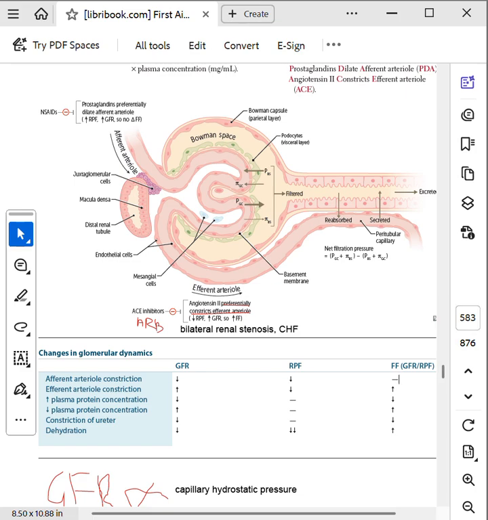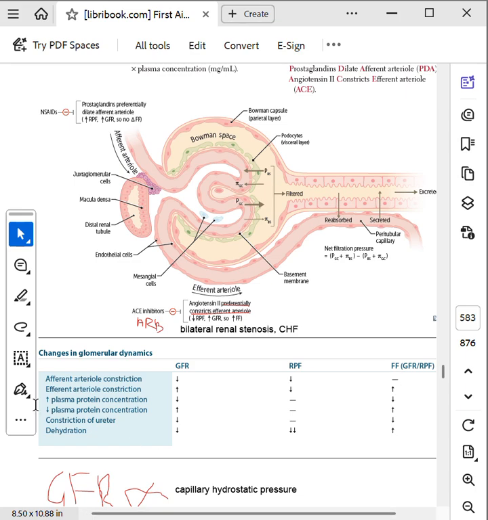It's like thick blood resists filtration. If I'm using a strainer and my fluid is really, really thick, it's not going to be strained easily. But if my fluid is very thin, the straining will happen very easily. So this is like my fluid passing through the strainer. If my fluid is thick due to an increased plasma protein concentration, what will happen? My GFR will fall, and because my GFR is falling, my filtration fraction will also fall. The thick blood is going to resist filtration.